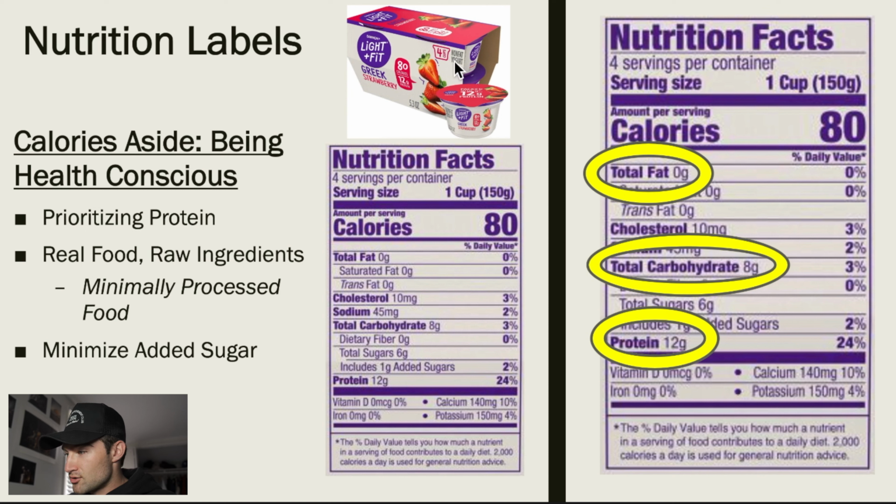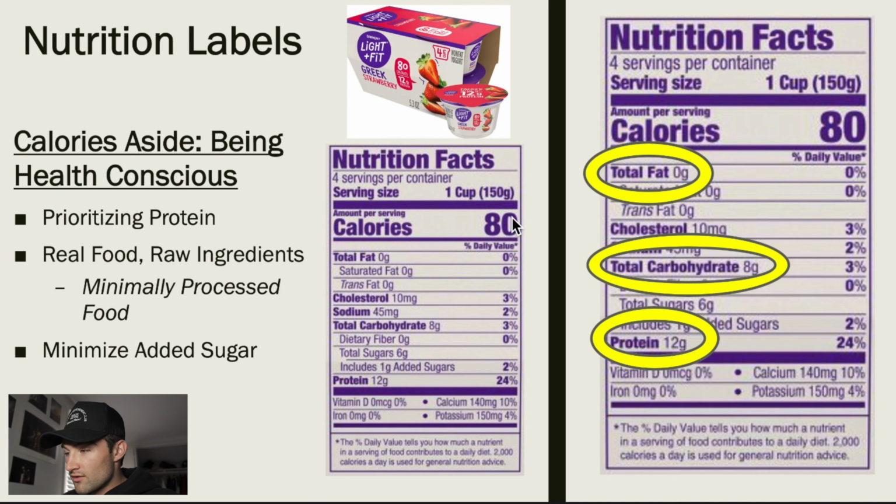So if we're looking at this nutrition label for this Light and Fit Greek yogurt, it's one of my favorite snacks. It has a good amount of protein, as you can see in there, and it's really tasty as well. We're looking at this calorie label. In one of these, the serving size, 1 cup, there's 80 calories overall. But in that 80 calories, there's 0 grams of fat, there's 8 grams of carbohydrates, and there's 12 grams of